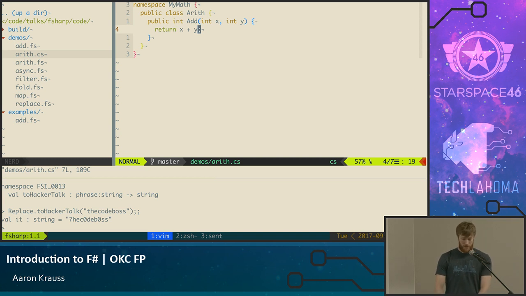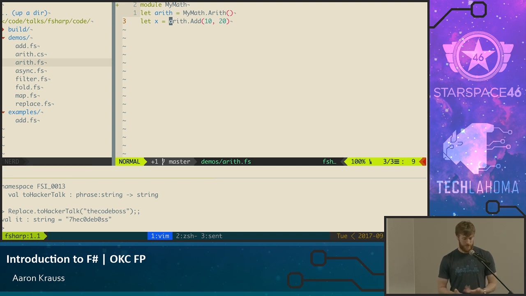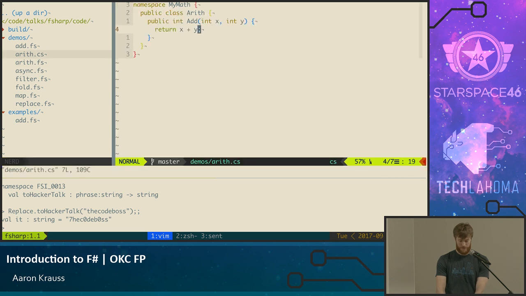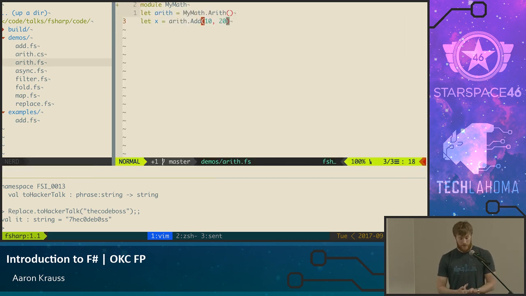Well, I've got another file over here called arith.fs, which, I haven't said it yet, but that's an F# file. That's the file extension. It's going to be the same module name, strictly so we can use it in the interpreter easier. We're going to call mymath.arith. Well, arith is not defined anywhere in here. This is actually going to be defined in the C# file, right here. So we're going to create an object out of it,